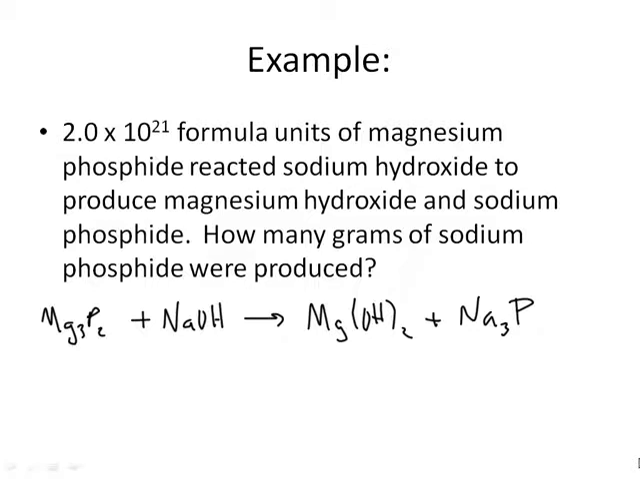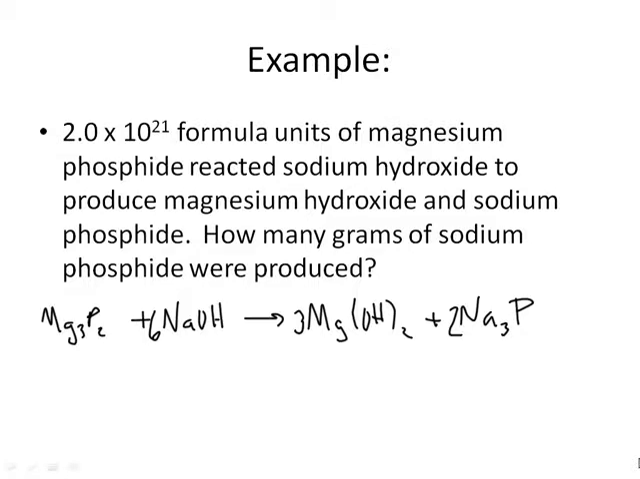And then to balance, I see that I have 3 magnesiums on one side and only 1 on the other. So I'm going to change this to a 3. And 2 phosphorus on one side and only 1 on the other, so I'm going to change that to a 2. And then that leaves me with 6 sodiums and 6 hydroxides. So that should be your balanced chemical reaction,